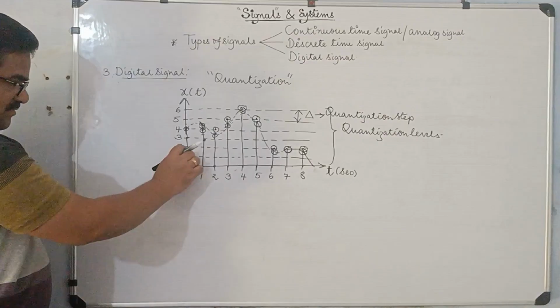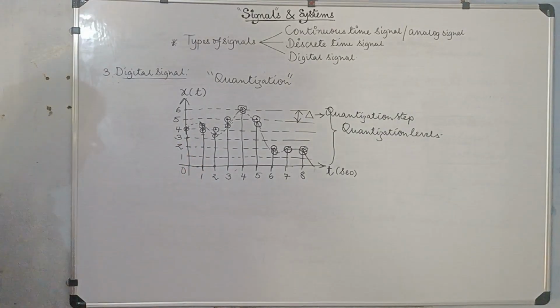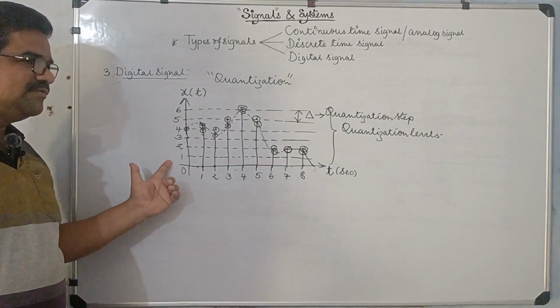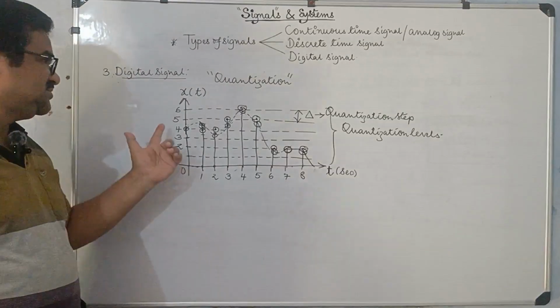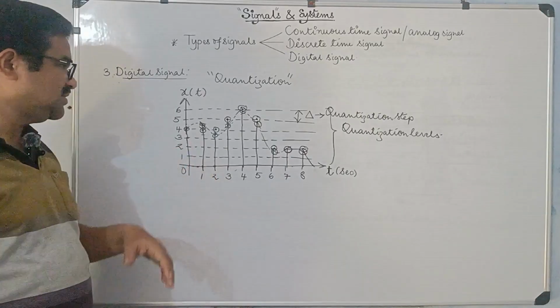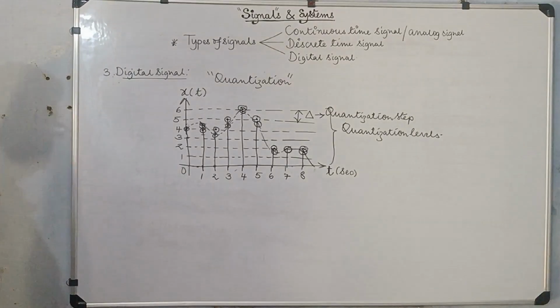Okay, so we have 1, 2, 3, 4. The difference here in amplitude is 1. And the unit depends upon what parameter it is. If it is a volt, 1 volt is the step size. If it is milliamperes, 1 milliampere is the step size, and so on. Okay, so this is what is known as